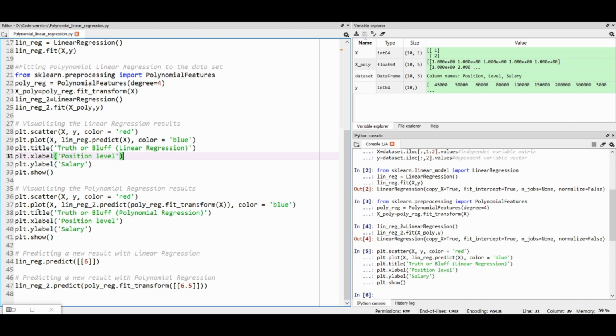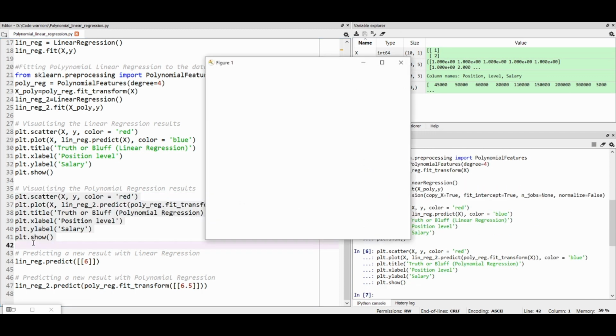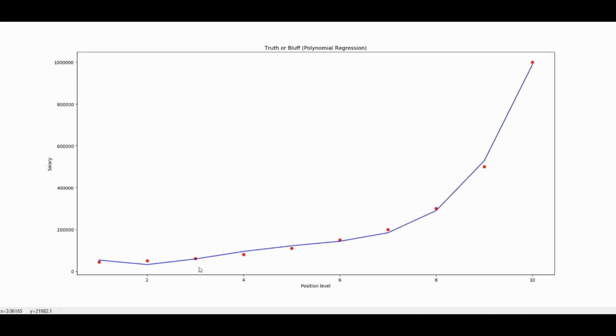That's why we are using poly_reg.fit_transform instead of X_poly. So let's run this code also. Now you can see that all the points are covered by our polynomial curve, and in this our accuracy is very high.